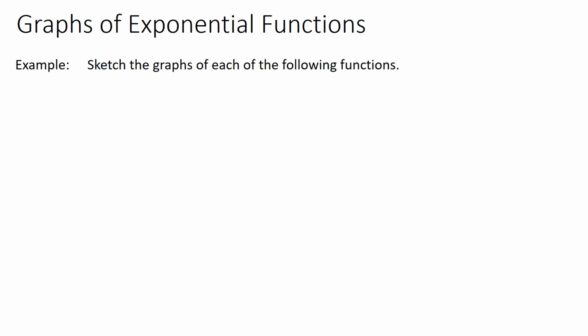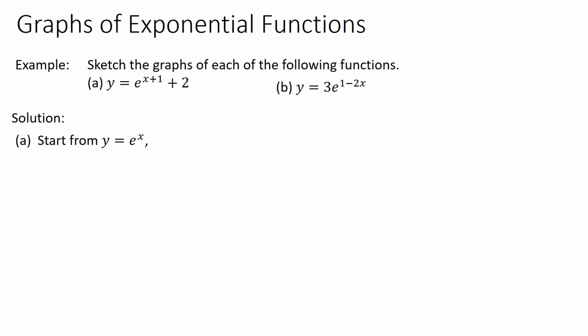Now, after you have remembered the graphs of basic exponential functions, let's look at one example here. Sketch the graphs of each of the following functions. A. y equals e to the power of x plus 1, plus 2. And B. y equals 3e to the power of 1 minus 2x. So here's the solution. For A, we can start from the basic function y equals e to the power